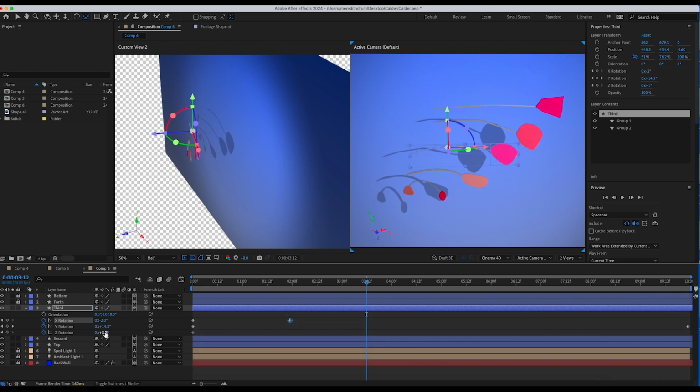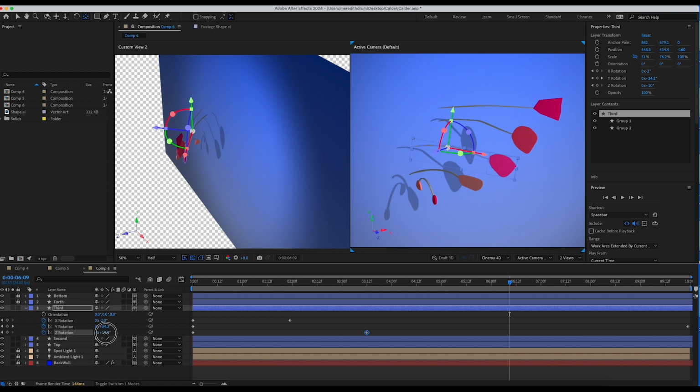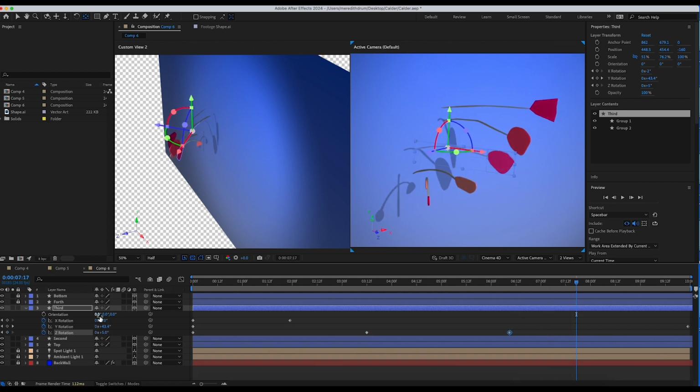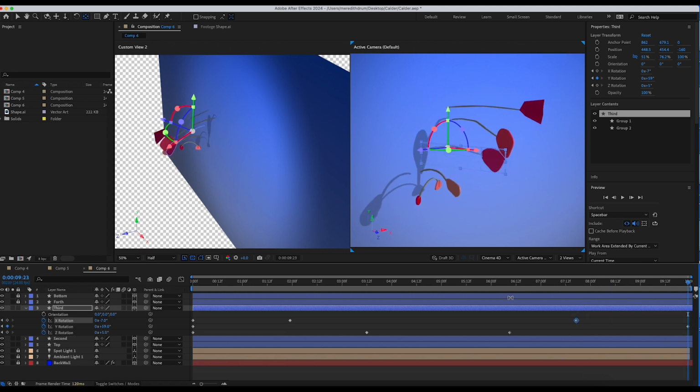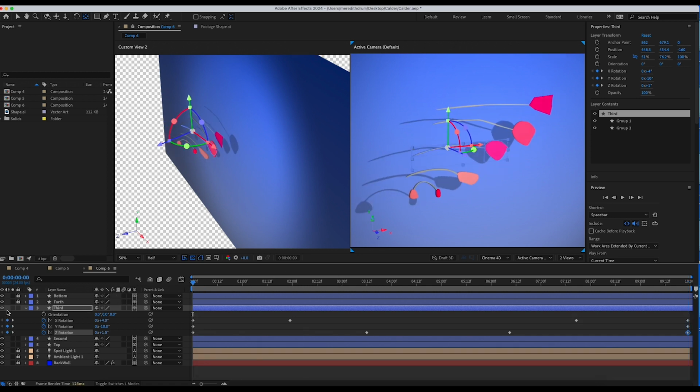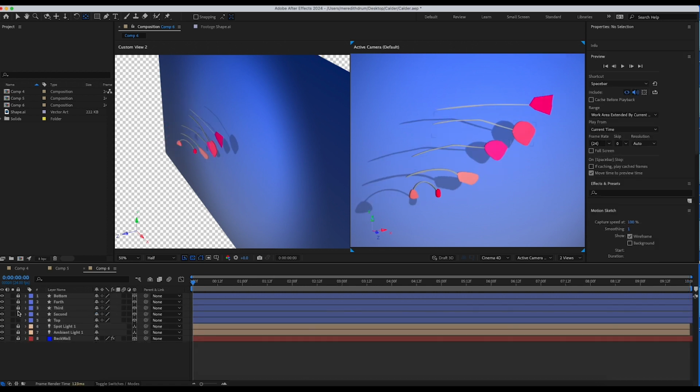I'm just doing those at different times so that they have a different kind of quality to them. Let's go to the very end, rotate that down, rotate that up. Okay, that looks pretty good. Let's close that one and lock it just for a minute.